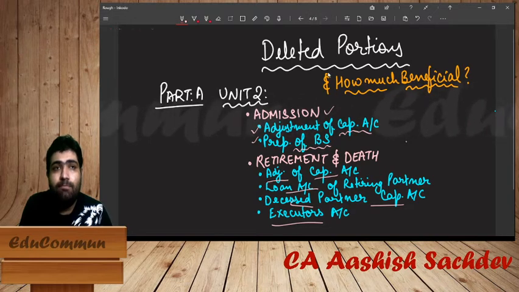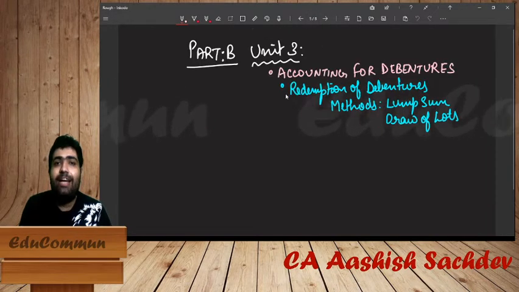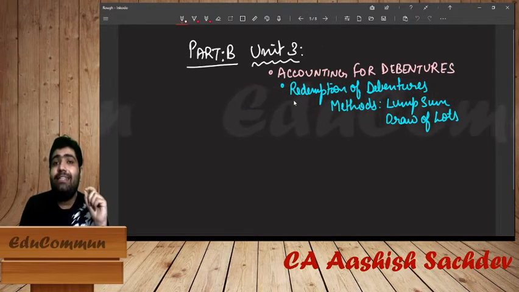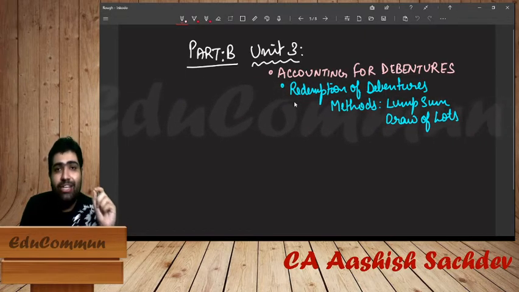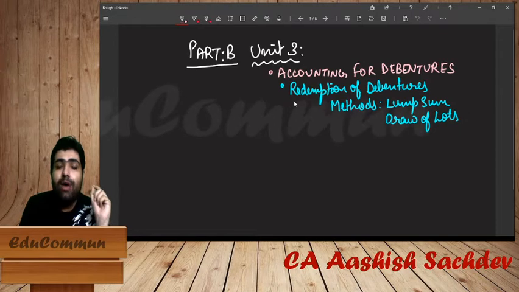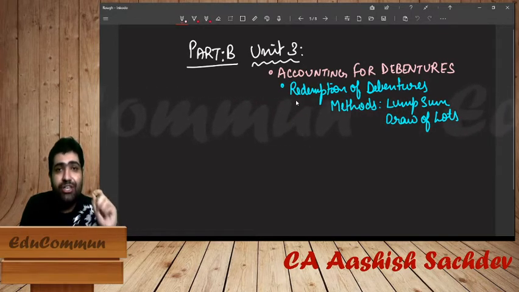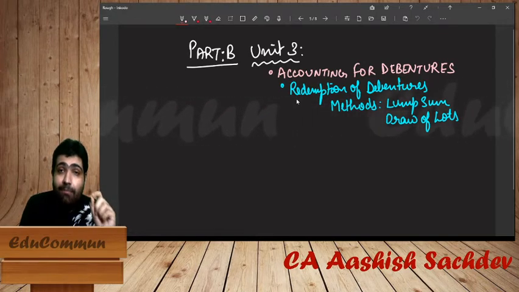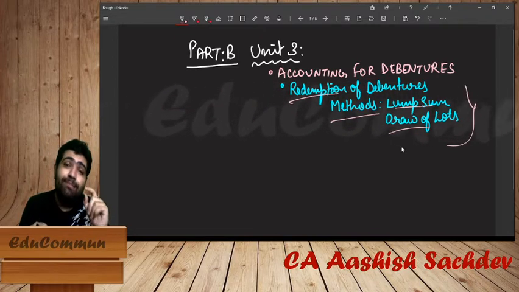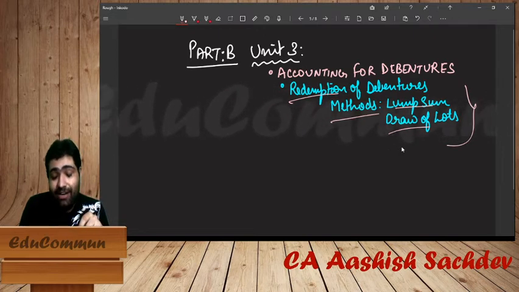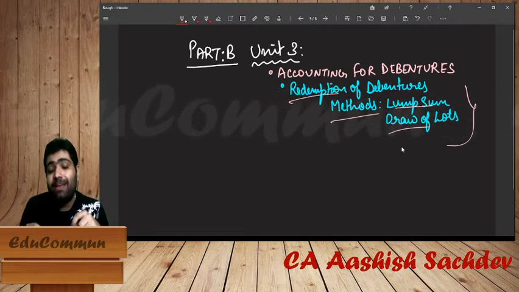Now moving ahead, in unit 3, that is accounting for companies, we used to have issue of shares. There is no deletion in that topic. We used to have issue of debentures, no deletion. Then we used to have redemption of debentures, in which they have deleted the methods of redemption, lump sum and draw of lots. On the conceptual part, again I am telling you, my friends, that these topics,